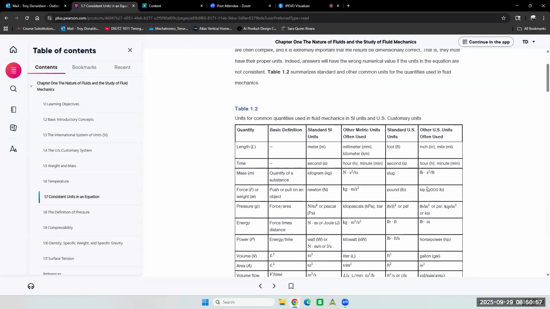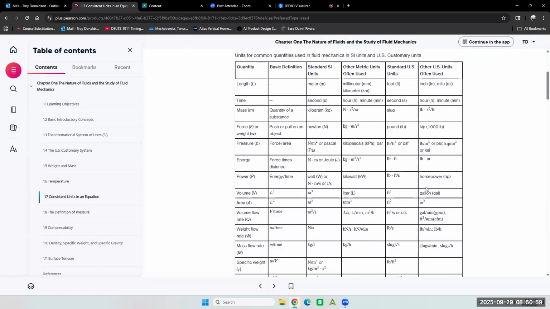The units we've talked about all the way through, they do have a nice table of units here. So here's our slug right here. And here is our unit that is equivalent to the slug. So that's how this table works. You can look things up. So if you're given,